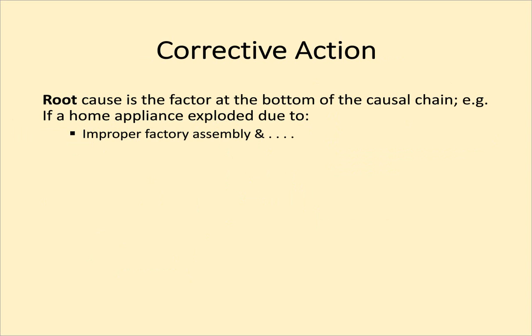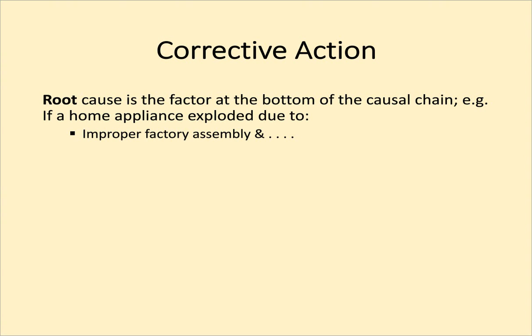So I talked about root cause earlier, and that's important. I think I mentioned that you frequently find that manufacturers go through a very cursory look at what the problem is that caused the failure and resultant hazard. They don't take the time to do it properly, and it results in an ineffective corrective action. So it's important to identify root cause, and root cause is at the bottom, and this is important, at the bottom of the causal chain.